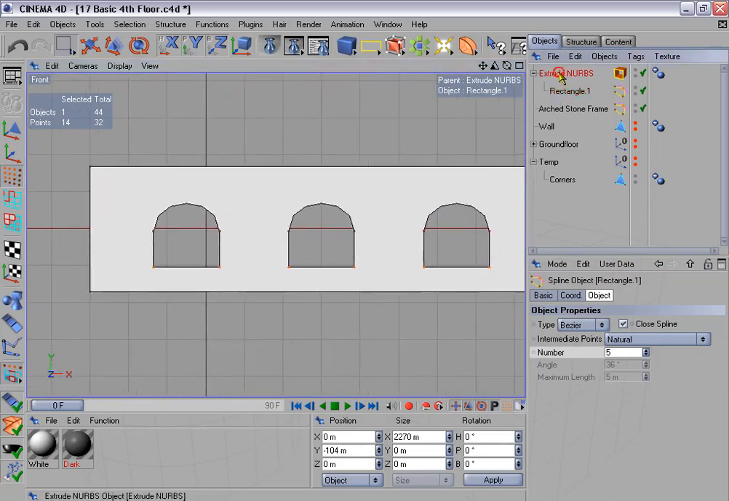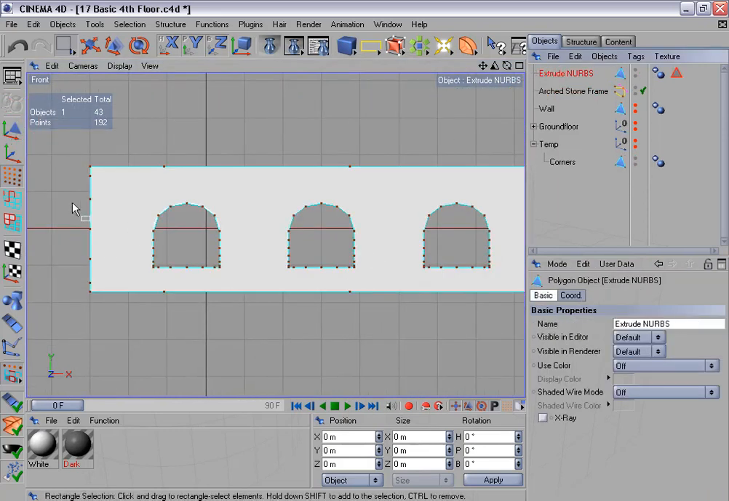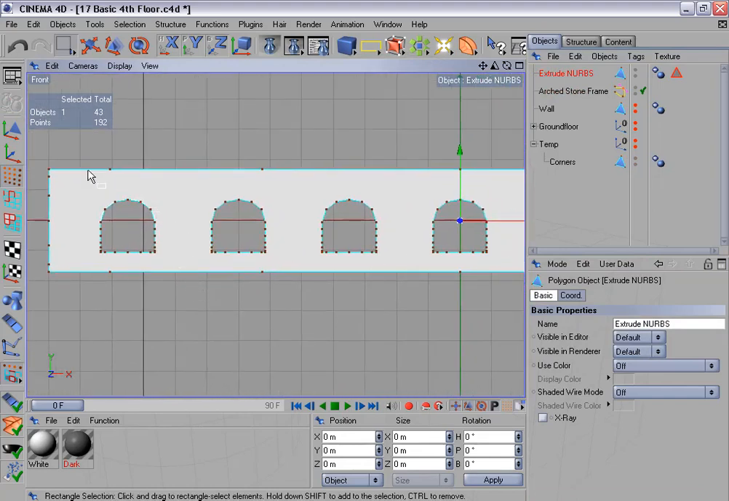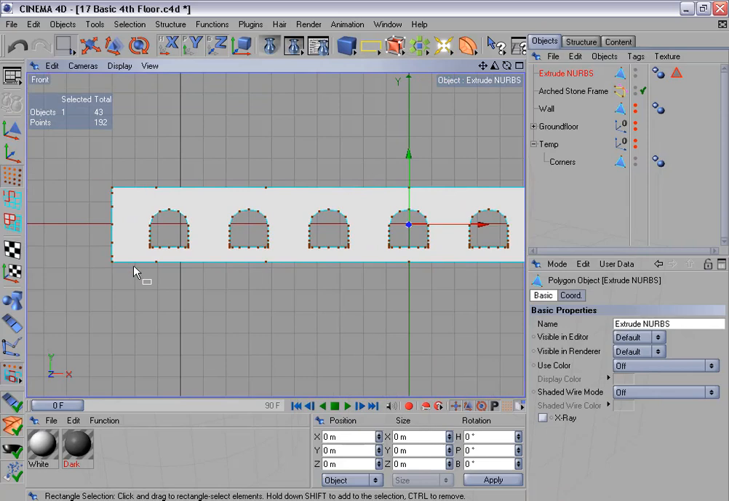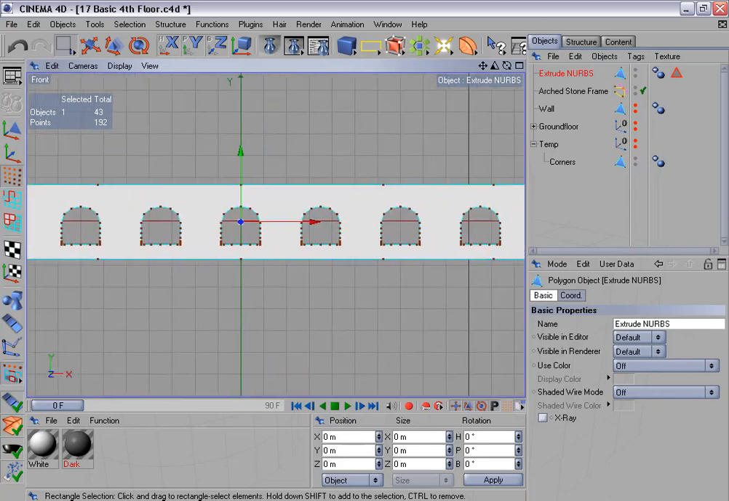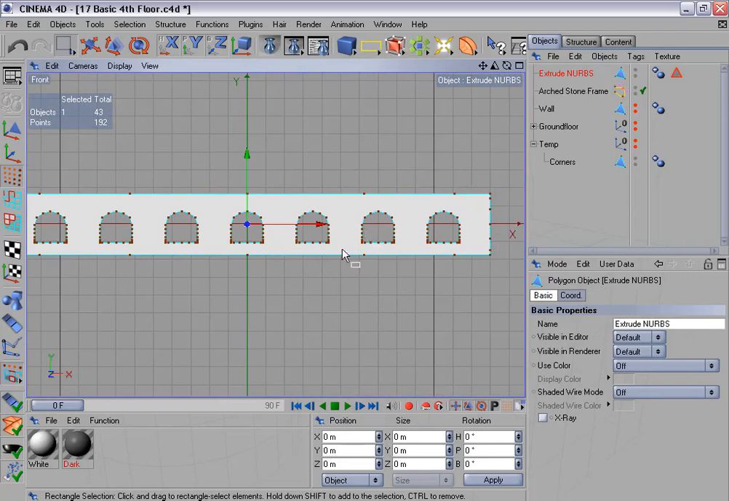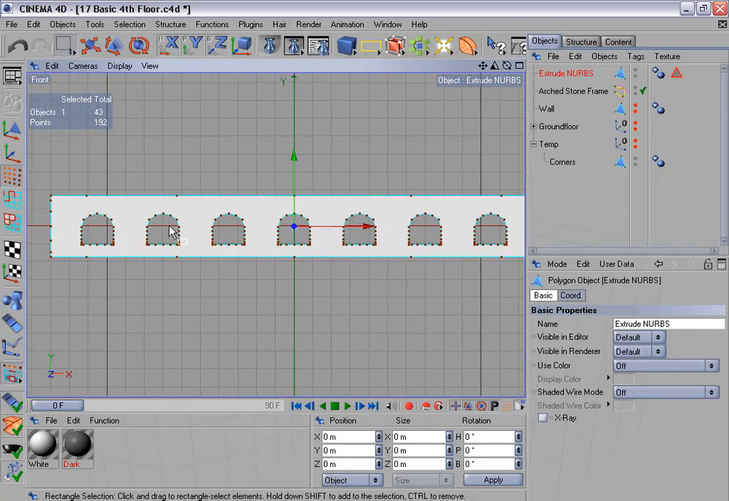Okay, so now let's select this Extrude Nurbs object, make it editable, and you can see that we have quite a lot of points here that we don't need, so we need to clean this up a bit. And I want to delete this right half of the wall and do the work that we have to do on the left part, and then complete the wall again by using